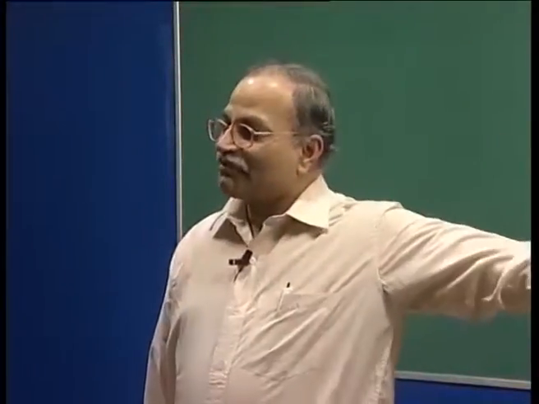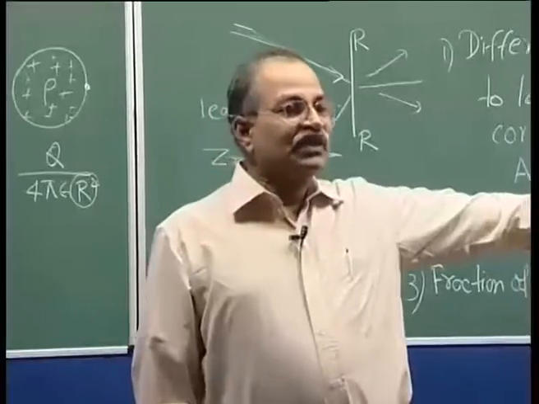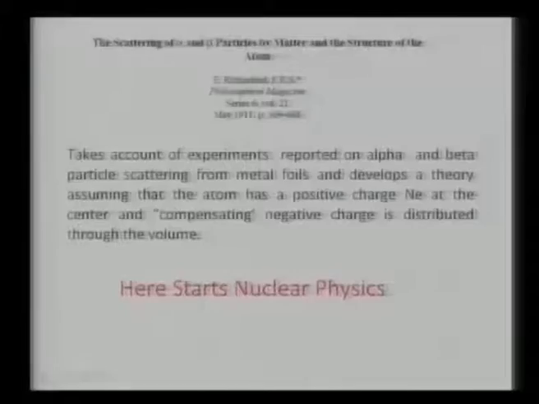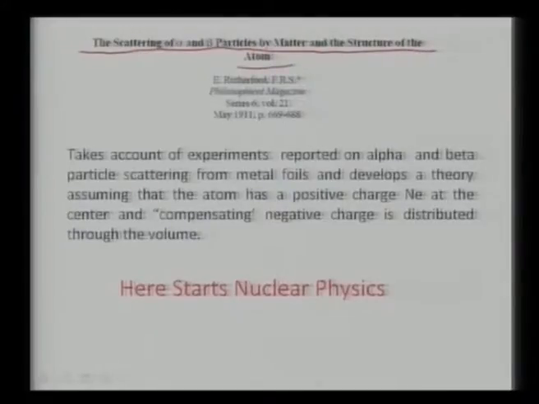That original paper reference also I am going to show you on this PowerPoint slide. This is scattering of alpha and beta particles by matter and structure of atom. This is May 1911, and this is in Philosophical Magazine by Rutherford, volume 21. And this takes account of experiments reported on alpha and beta particle scattering from metal foils, and he develops this